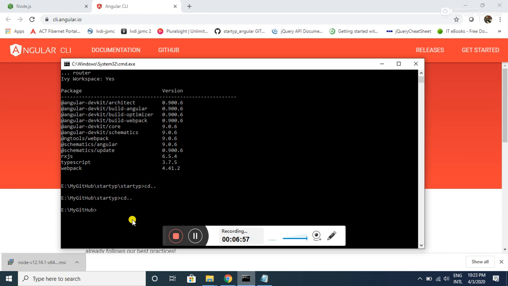So like this, you can also have it anywhere in your machine. You can choose your own application folder, and once you choose it, you have to go to that path, whether it is E drive or C drive or anywhere you want to create the application. Then, once you go to that path in the command prompt,